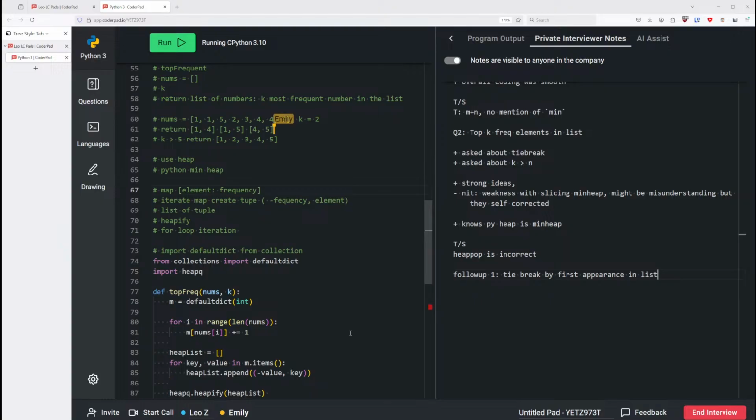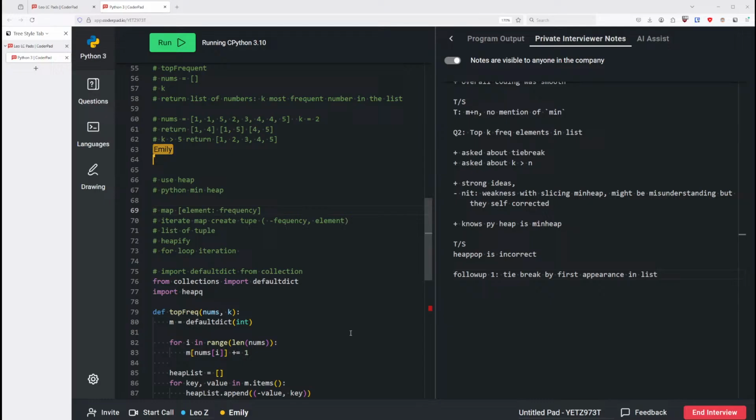So for example, if we keep heapifying, the heap will be 1, and then the next time when we heapify 5, the 5 will be before 1. Then once we heapify 4, 4 will be before 5, and then we heapify 5 again. Then in that case,